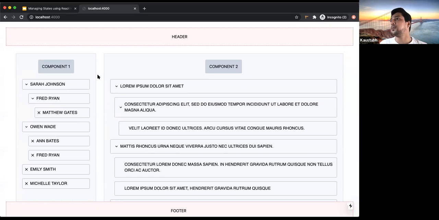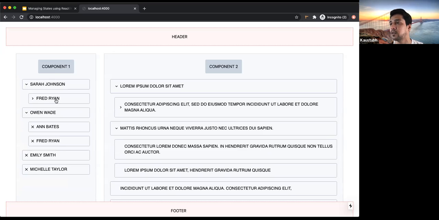Even before the demo, let me give you a glimpse of the UI, what problem I had, and what problems we can solve using hooks without using Redux. We have these two components on my web page, component one and component two. They are basically talking to each other.